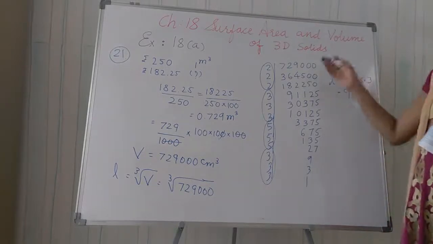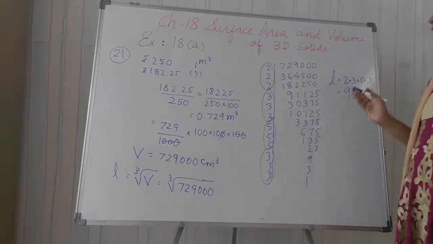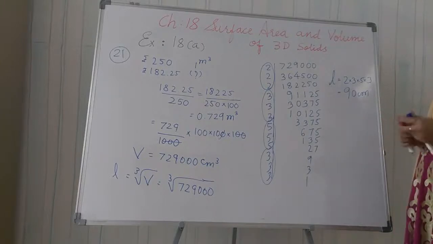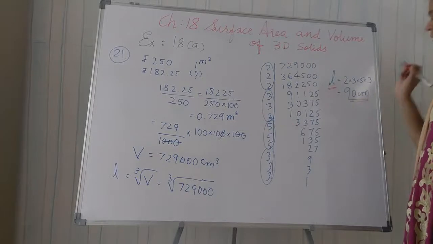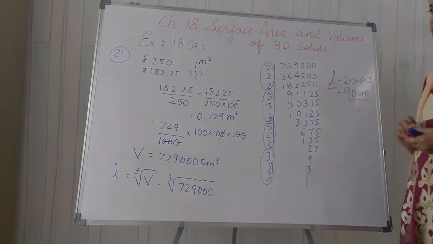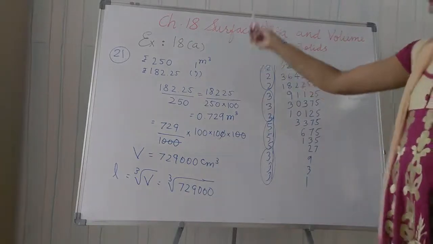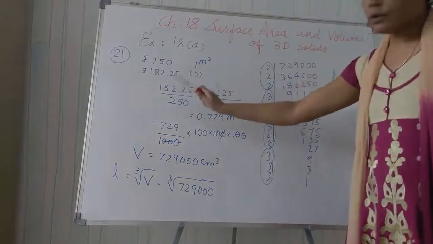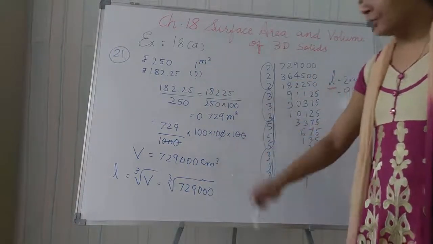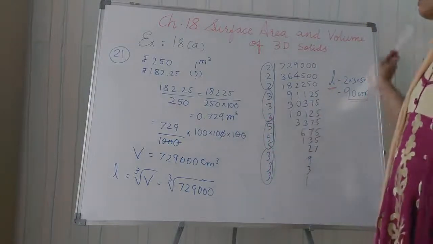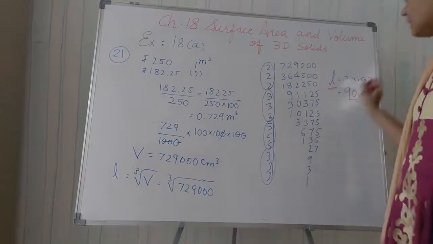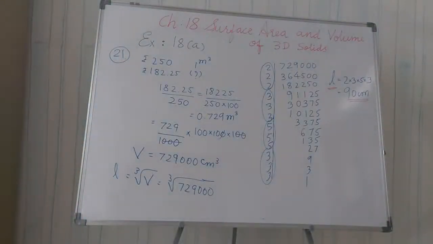So see, only in this factorization you have spent the time, but finally the length of this box is 90 centimeters. Okay, so first of all, from the cost we are given, we have found the volume, and converting this volume into centimeter cube, then we take the factors of it and get the final answer as the edge of this box.